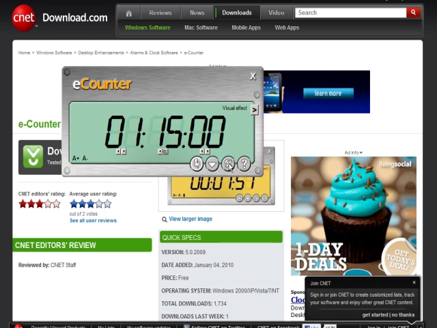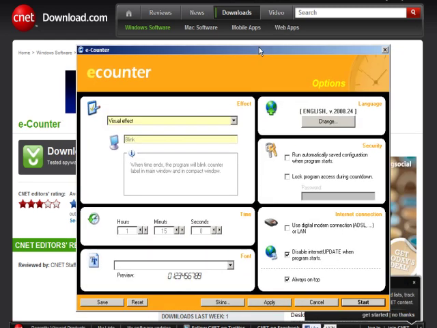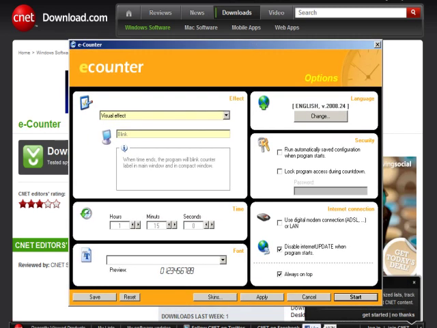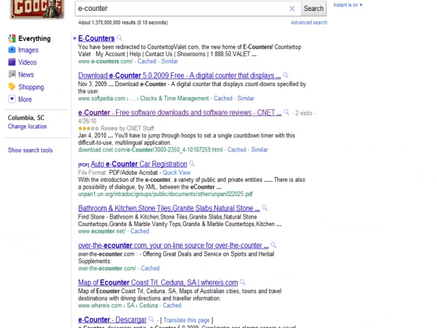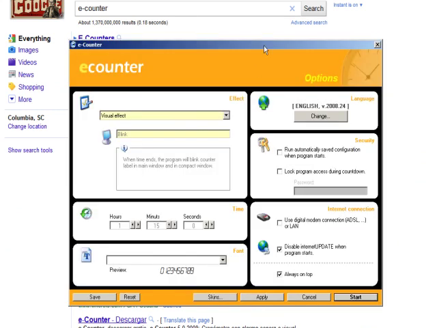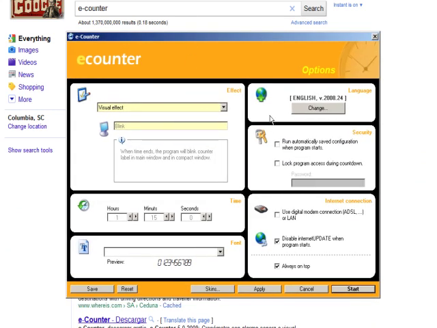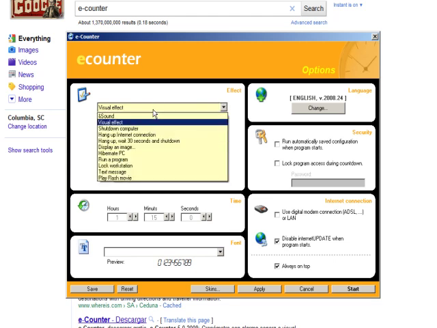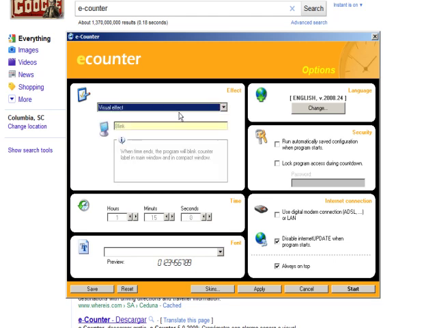What you can do is click on this options menu here, and I'm going to go here so that you can see things better. We're looking at this program here. You can set the time right here, and you can tell eCounter to do a specific thing when the time runs out.